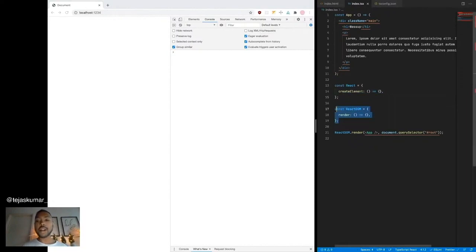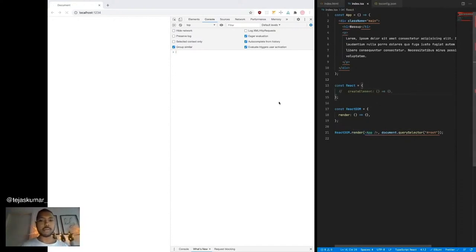And then React DOM is a renderer. It takes that virtual DOM as input, as we can see here, and does something with it. In this case, puts it on your browser. But of course, there are other React renderers like React Native, which takes it and puts it on an iOS, Android, or other device. So let's look at the virtual DOM first.